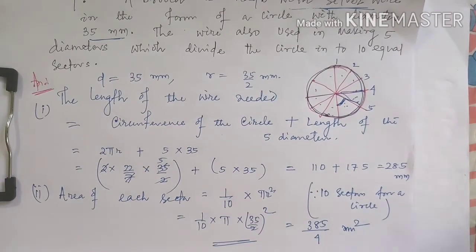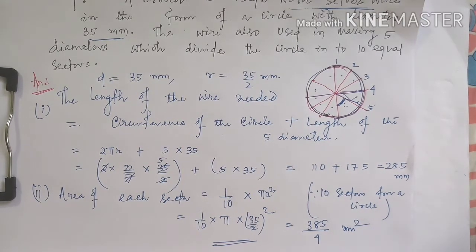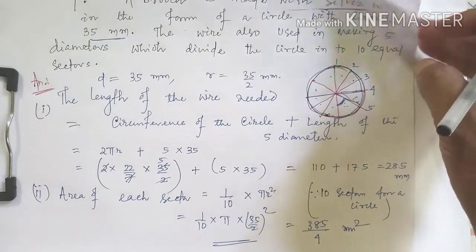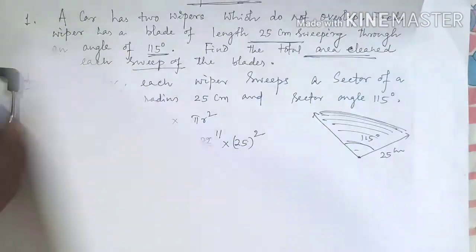Now this type of questions from your NCERT textbook, you have to solve like this using the length of the arc, circumference of the circle and area of the sector. So the another question we have to start from your NCERT book, one question is here, you see,